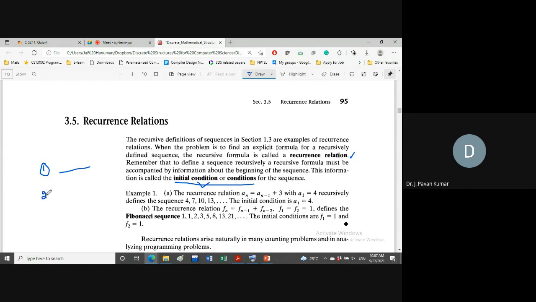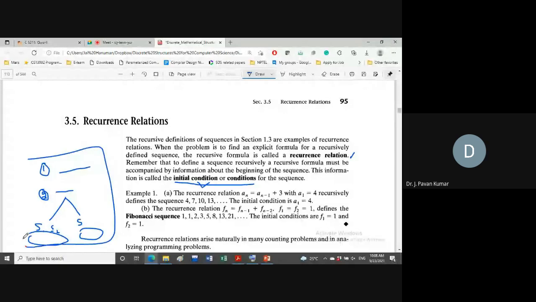The second method is, if the recurrence relation is of the form of a linear homogeneous recurrence relation of some degree k, then we can write the characteristic equation. Then we have two cases. For this characteristic equation, if distinct roots are there, then we have one explicit formula. If the same roots are there, then we have another explicit formula that we have seen. Like this, whatever recurrence relations we have, we can solve. This is the gist of the entire thing. Is it clear? Any doubts?